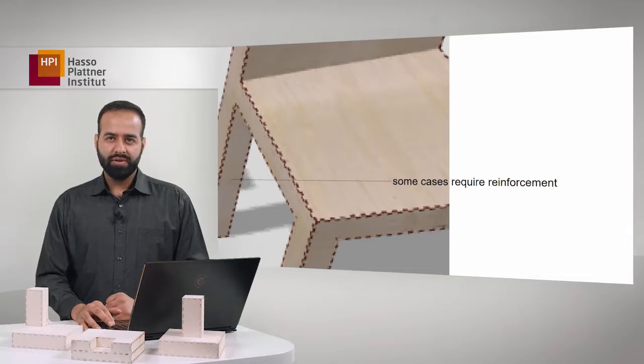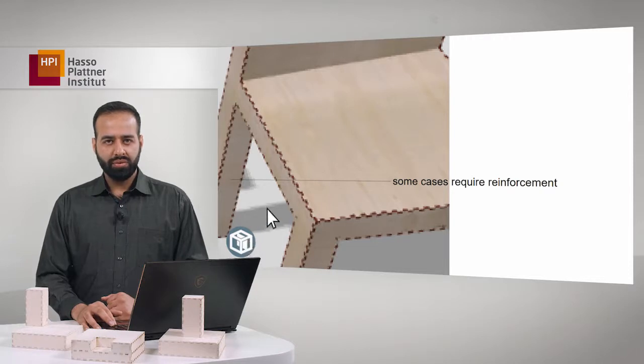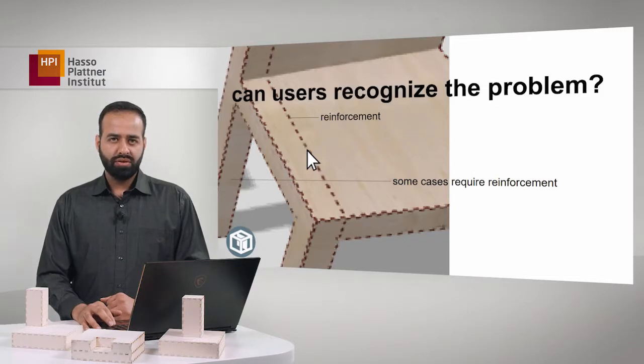For example, in the case of this chair, the legs can be ripped out. So when we did the Cube paper, we already acknowledged this and added a manual reinforcement tool. In this case, you need to understand that the legs will rip out and then use the tool to add an additional plate.